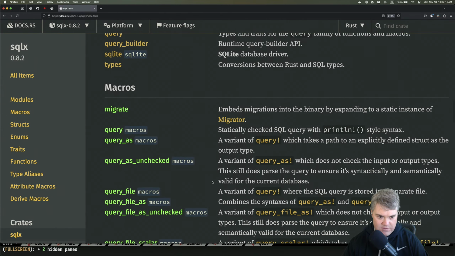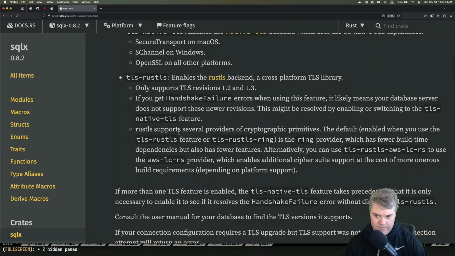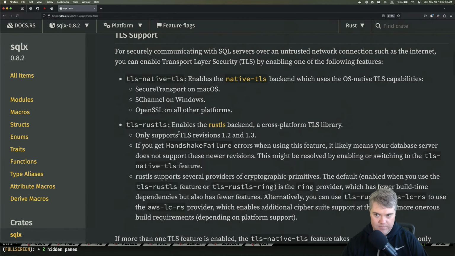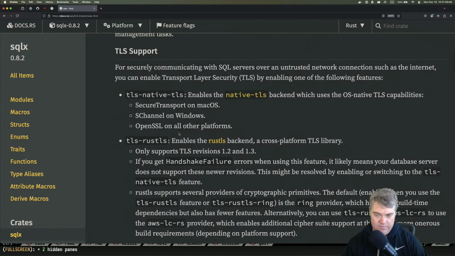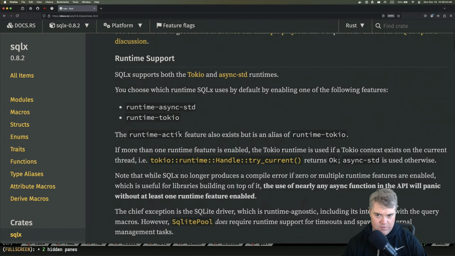Is there like an easy way to find all of the features? Because I don't think there's like an official place to go and just see a list of all the features, right? So that'd be great. Okay, so